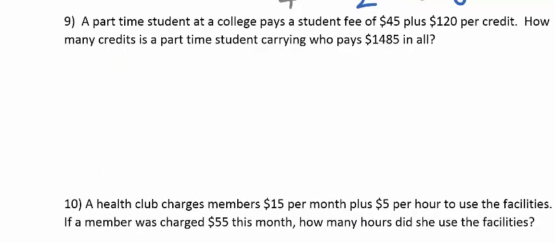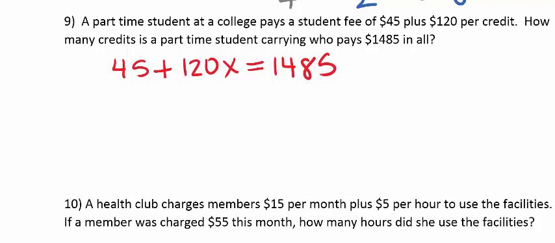Number 9, a part-time student at a college pays a student fee of $45 plus $120 per credit. How many credits is a part-time student carrying who pays $1,485 in all? So if a student pays $45 for a fee plus $120 a credit, we can multiply the 120 times x for the number of credits he's carrying, and all of that is going to equal